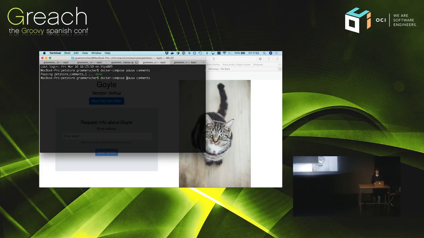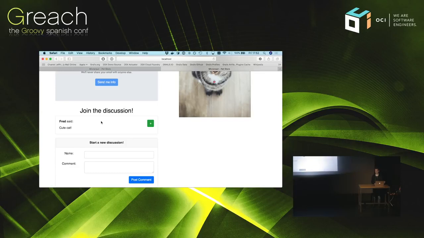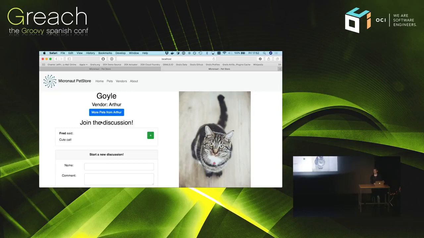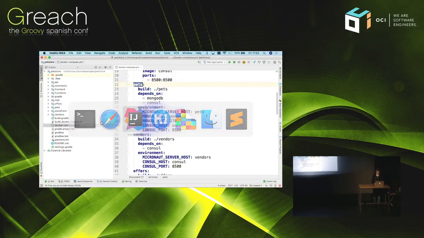If I unpause comments, you can see that it's back. My comments application backend is back, up and running, and there it is. If your mail backend is down, you can say pause mail, and look, the mail form disappears. Your whole application is reactive and aware of things coming up, backends being down, backend microservices not being available, and it all works seamlessly. So I'm going to bring the whole thing down again because I want to show you,